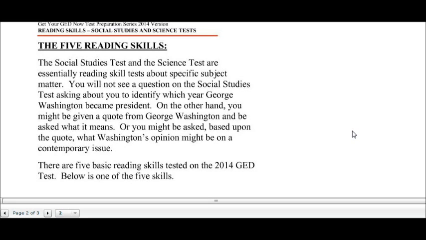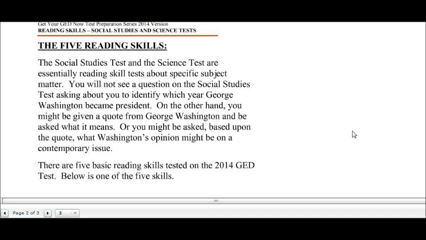However, you do want to be familiar with the facts of U.S. history. You want to be familiar with the fact that there was a George Washington, that there were 13 colonies, and that the United States of America did not always exist. There was a Revolutionary War that helped to establish what we today know as America. You want to know that there was a Civil War that was largely around the slavery question, that there was a World War I and a World War II, and a Korean War and Vietnam War. You want to know that there is a Congress, that they make laws, and that there are voting